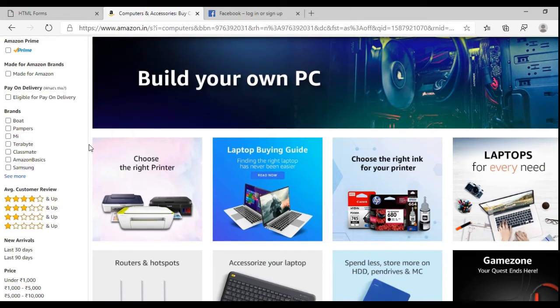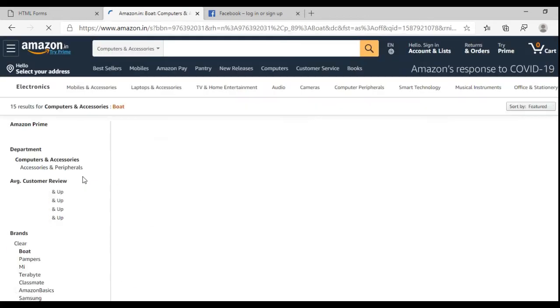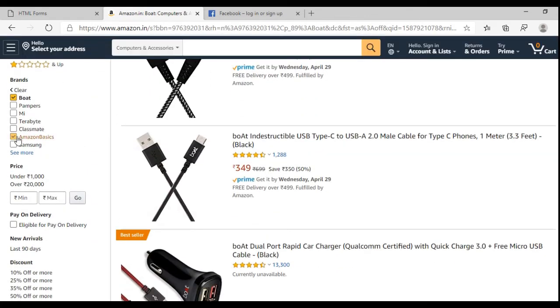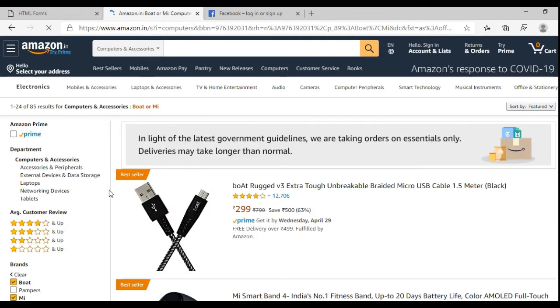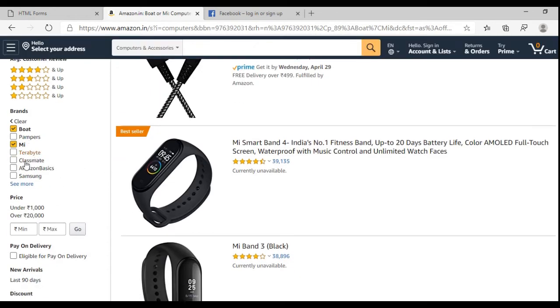When you have multiple options to choose, like here we have brand names, if we want accessories with multiple brands, then I can select the brands here like Boat and MI. So I can select multiple options here.